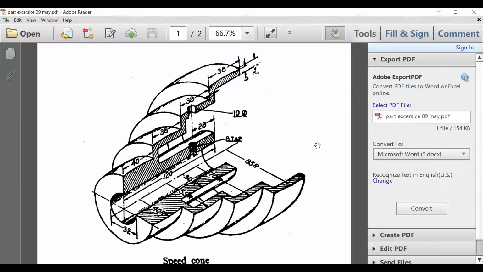The proper procedure to model any given component is, first, we have to think, not directly visualize this model and jump into the software and model it. At first insight, you have to observe whether there are two types of components: one are extruded components, and the second one are revolved components.